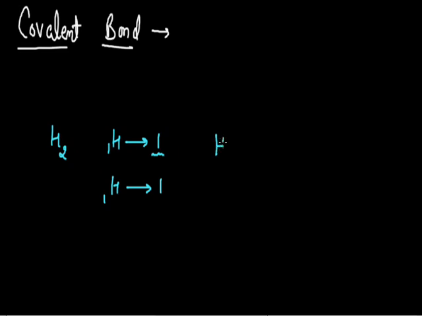Here I am going to represent one hydrogen atom by this symbol H, and the one electron of this hydrogen atom can be represented by using a dot. Here, this kind of representation where we use the symbol of atom to represent the type of atom, and in place of electron to represent electron we can use dot or cross kind of representation. This kind of representation is called dot representation.